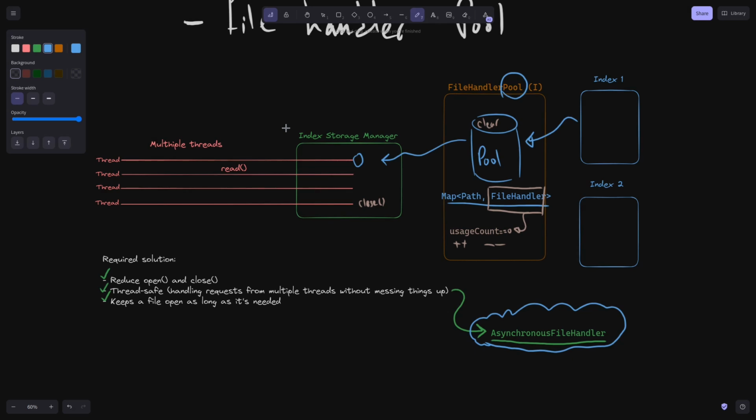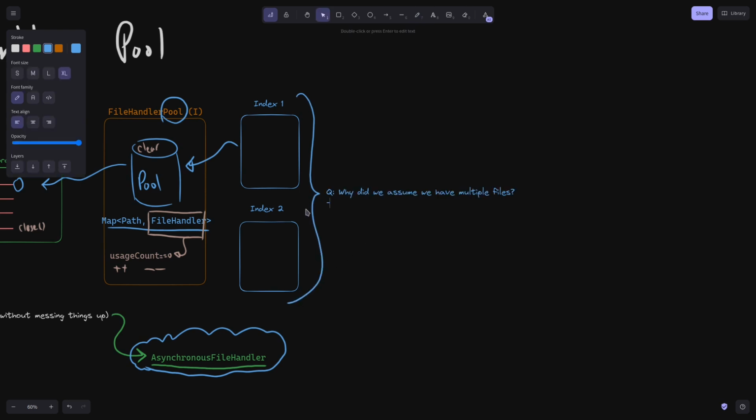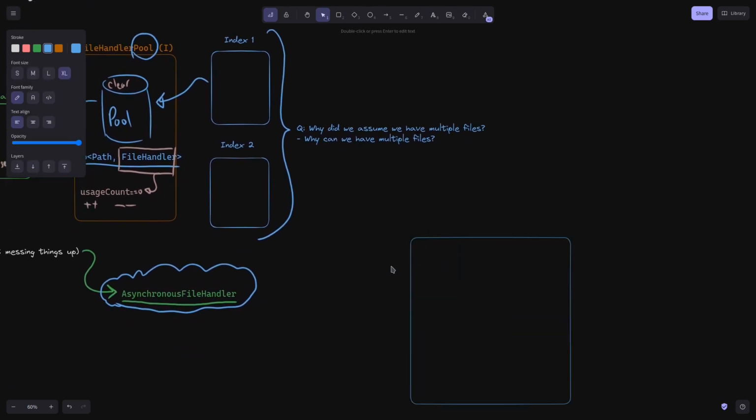Now, there is one more complicated issue left. First, we need to know why we assumed we may have multiple files. Or in other words, why can we have multiple files? Let's say we have an index file, and our goal is to store multiple indexes from different tables in the same file. Now, going back to our discussion in the previous video,